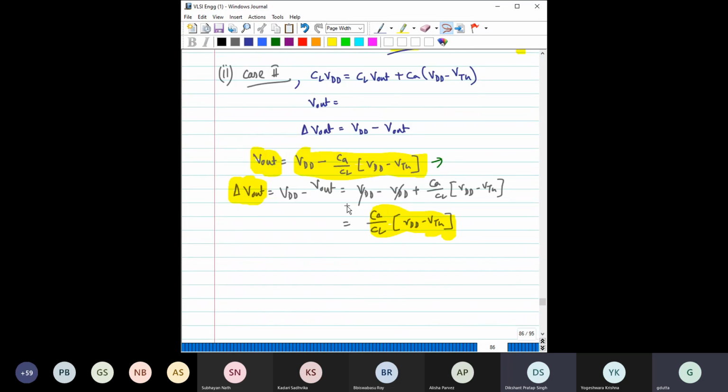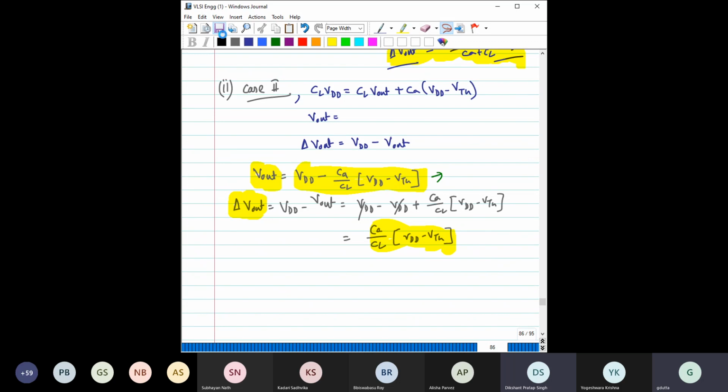Right, so I will keep it like this. This is the same thing that we did yesterday, so you can just check it out. Then finally you find delta V out comes out to be like this, right? Now before we say which condition is going to dominate in what case,